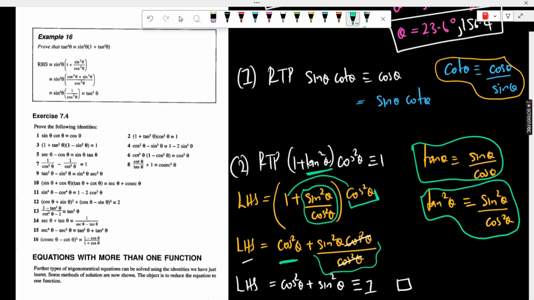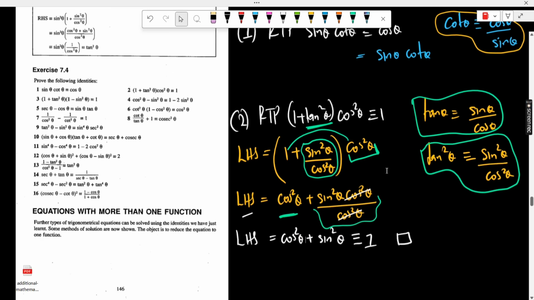The cos squared thetas will cancel, leaving sine squared theta, and so the entire left-hand side basically becomes cos squared theta plus sine squared theta, which we know to be equivalent to 1 from our basic trig identity that we proved earlier with the right angle triangle. All right? No, that is not the only approach you could have done for this one, but I